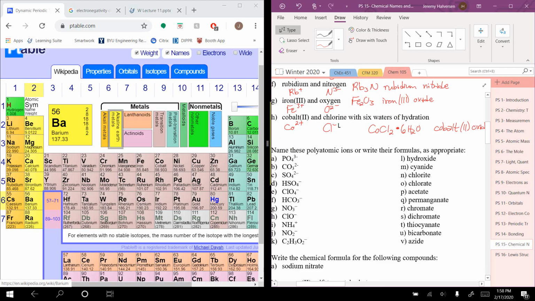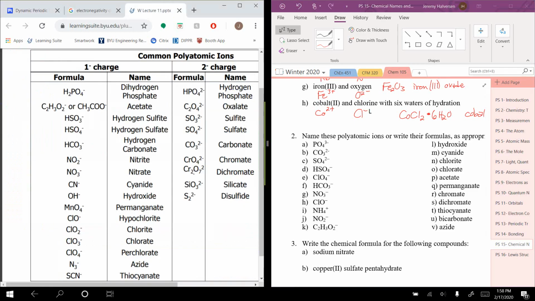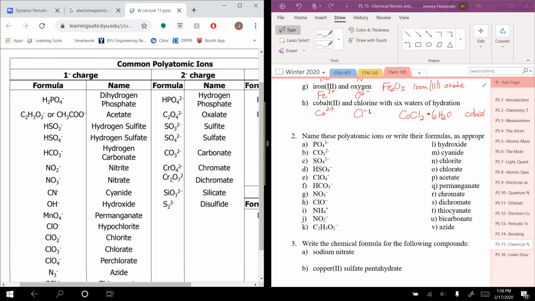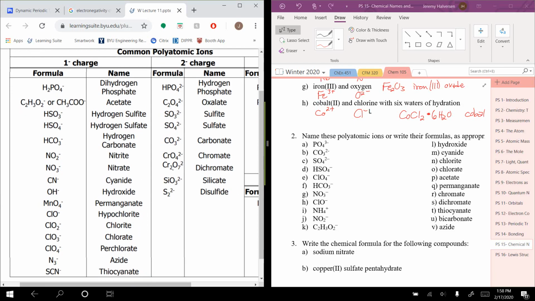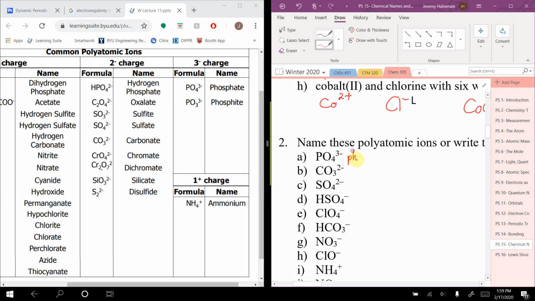Alright, that brings us to number 2, where we're just naming polyatomic ions. Now, you will want to have these polyatomic ions memorized, but for the sake of this homework assignment, there's not like a skill or a way to learn how to name them, so looking them up is as good a way as any. So here I have some of them, so not all. Oh, there's phosphate, so this is phosphate,